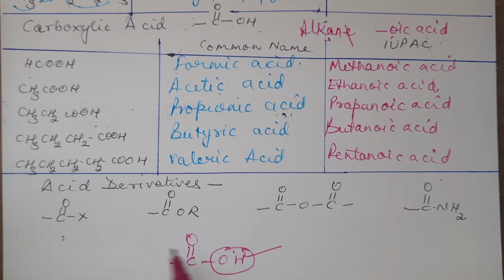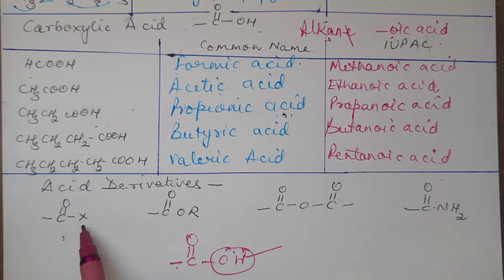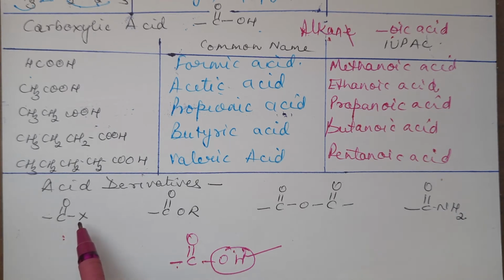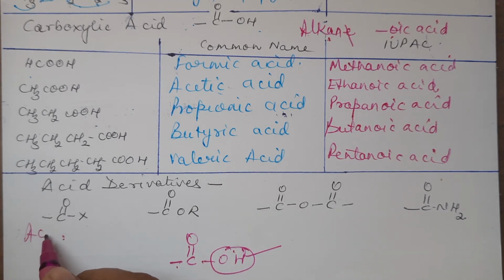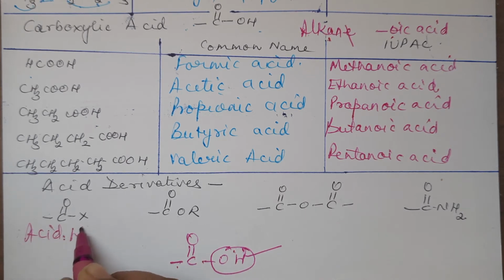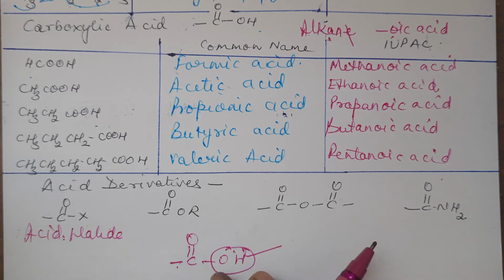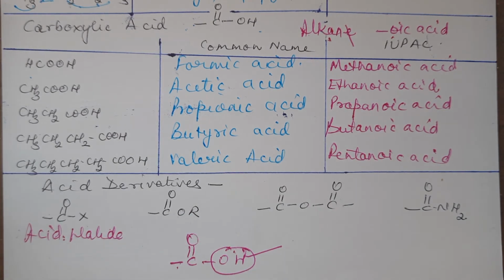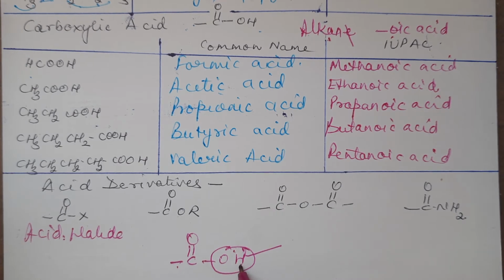In this, the complete OH is replaced by X. X stands for halogen. So what is this derivative? This is called acid halide. In acid, the OH group is replaced by halogen, it becomes acid halide. Likewise, if this H of acid is replaced by R, that is an alkyl radical, it becomes